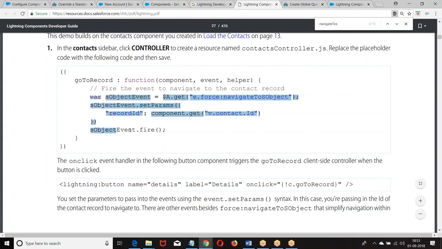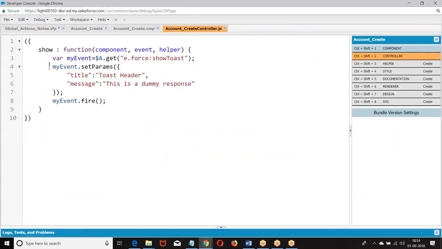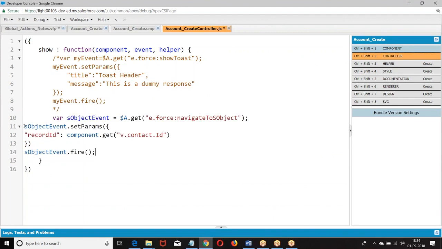Let me copy paste this. Have you followed this? The same story, but I will give a static ID instead of a dynamic ID.